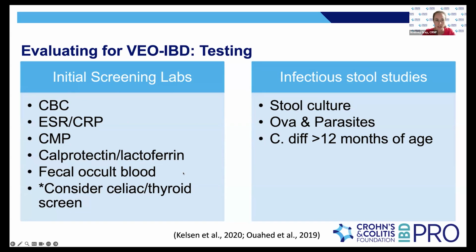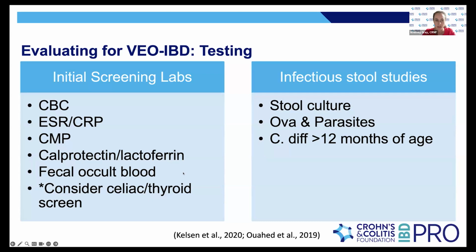But when you do the initial screening labs, there are some things that might stand out. With the CBC, obviously we commonly think of anemia or low platelets, but you can also see signals that might indicate a monogenic cause, anything suggestive of defects in the neutrophils, like signs of neutropenia. If the ESR and CRP are extremely elevated, that could also be a sign of a hyperinflammatory defect. And then with the CMP, we often look for the albumin being low.